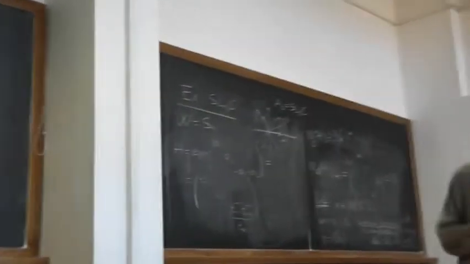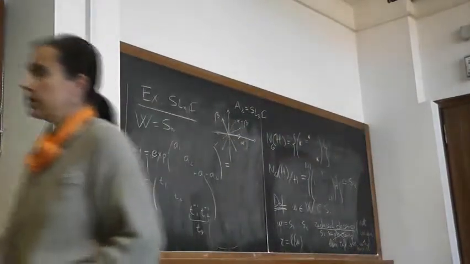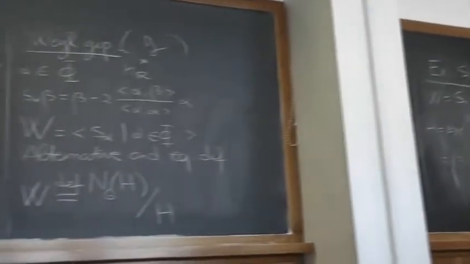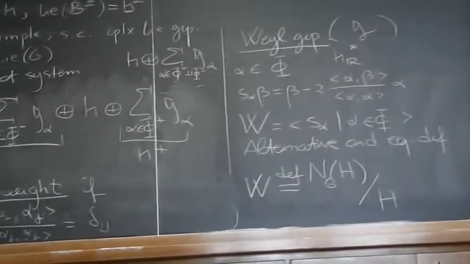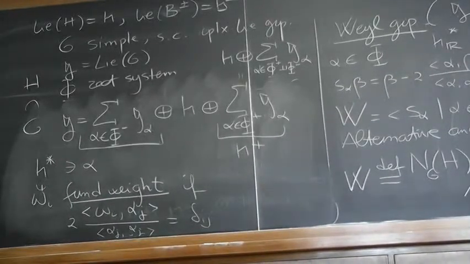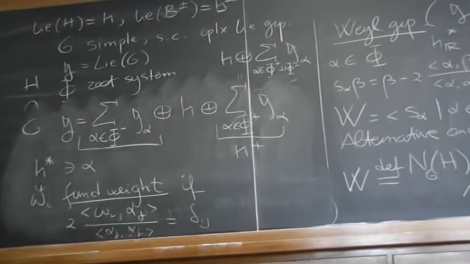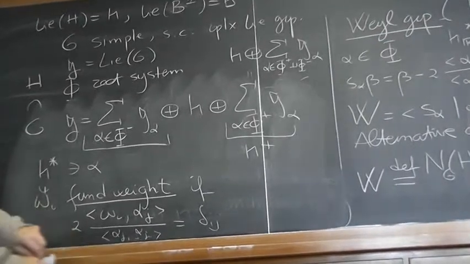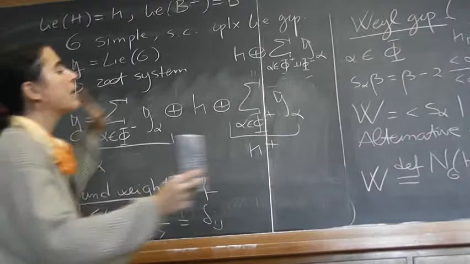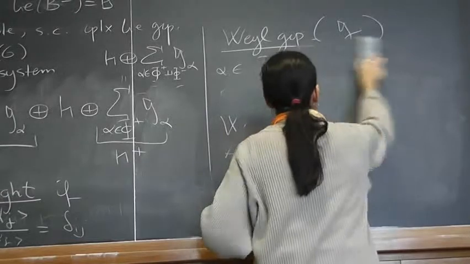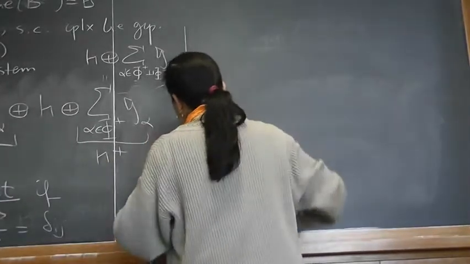If one says it like this, one doesn't understand why on earth one should worry about such a thing. Because I say, okay, you have told me this element of H star, what do I do with it? It makes no sense. You can define it as omega I of Hj equal to delta Ij. I think it is simpler to see that. Yes, she says you are introducing it as an element in H star. If you define it on a basis of H, I think it is. No. Let's do it as you say.